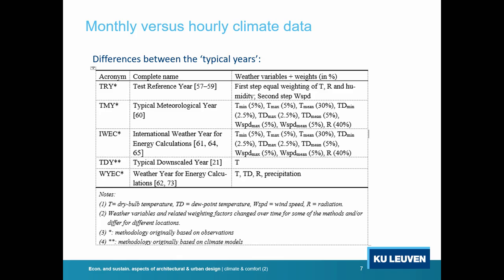And then you have even more, but it means it's always the same. One has data of 30 years. A statistical analysis is made of some parameters, so either an equal weight of temperature, radiation, humidity, or a more complex weighting of variables, and then the most representative months are selected, and a fictive year is made combining these several months